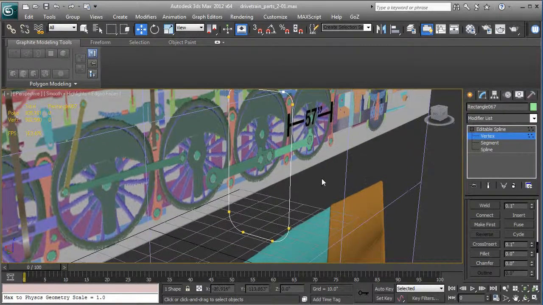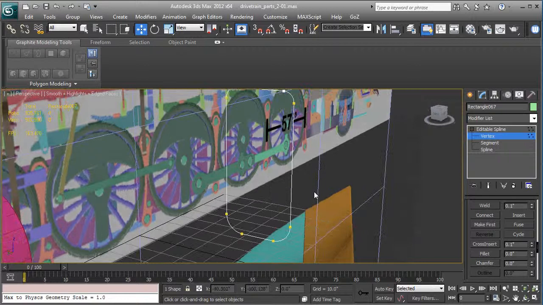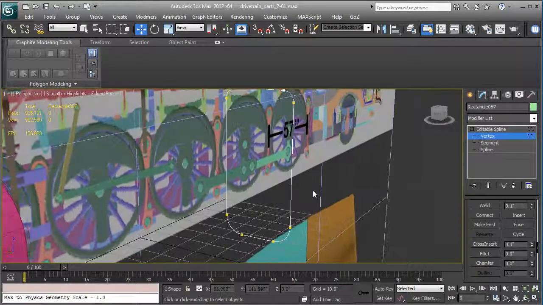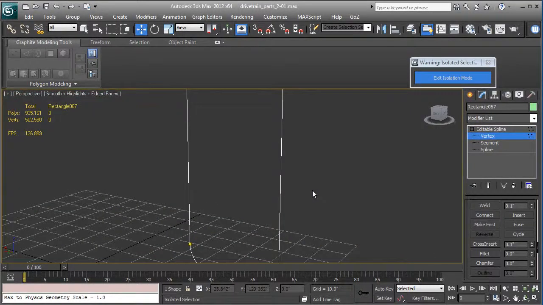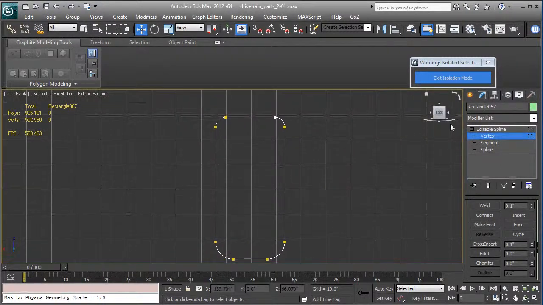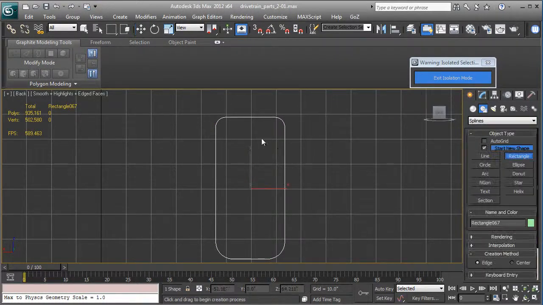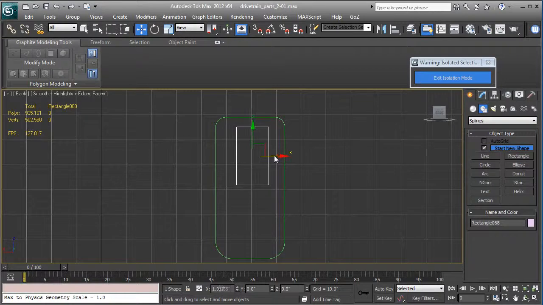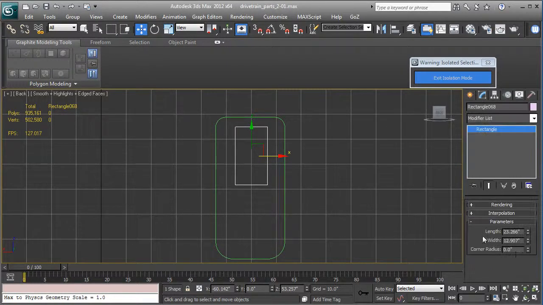Okay. And I think what we're going to do is a little bit of a spline. Maybe we'll spline Boolean, Alt and Q, so we isolate that. I'm going to Shift B for that same view, which is back, but technically the front of the train. And now we're going to go into the create panel once again, rectangle. And what I want to do is create a similar shape right here, just like this. Let's move it, center it a little better in there, and this time let's use the corner radius. There's no harm in it, so I'm just going to do that,